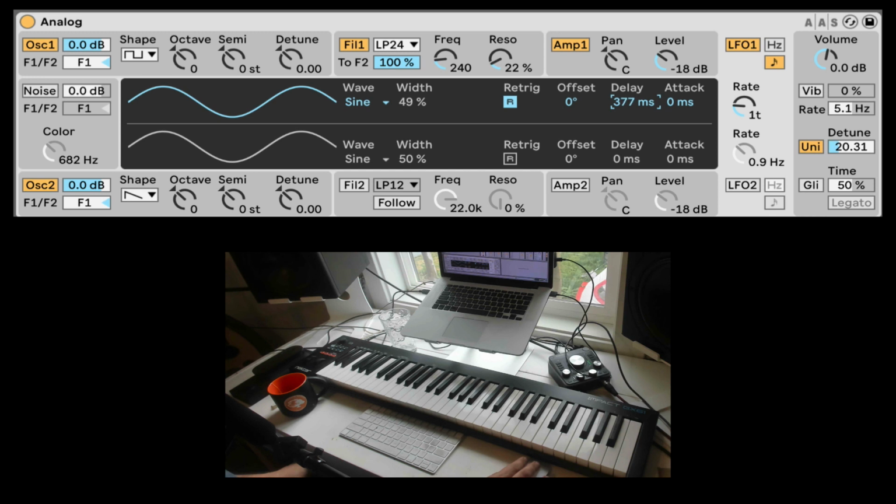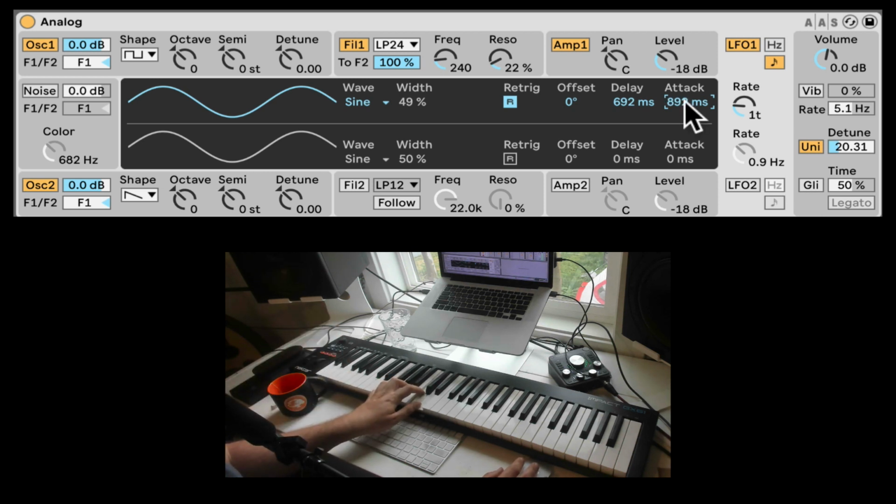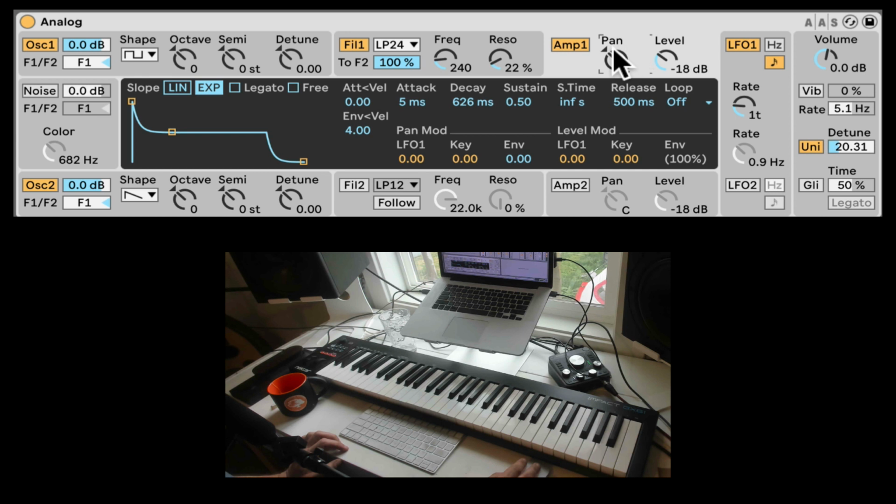Delay, we can delay when the actual LFO modulation starts. So you heard in the beginning, we had some time there. And we can also smooth it in, fade it in with the attack. So delay where it starts and smooth it in. Gradually adding more and more modulation. Nice. LFO 2 is exactly the same, and unfortunately we can only apply all this stuff, the pan, the level,